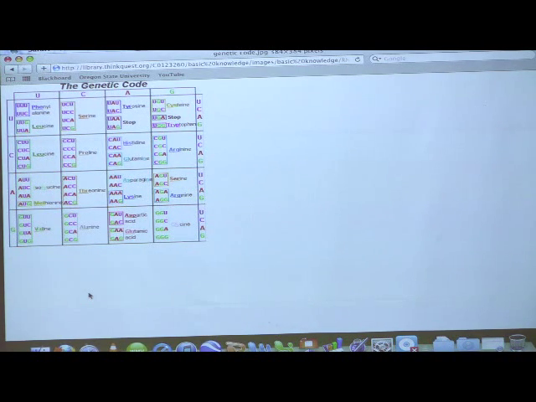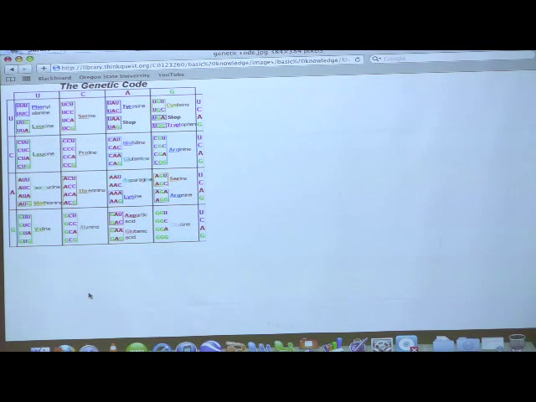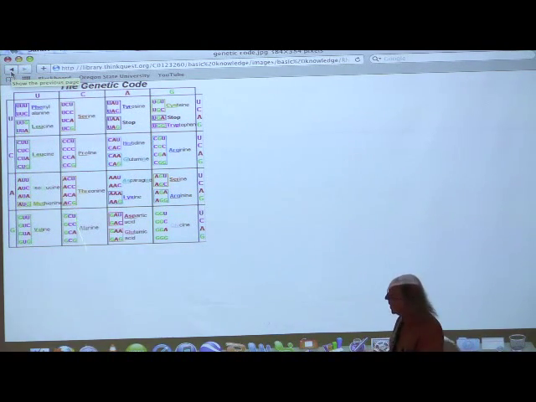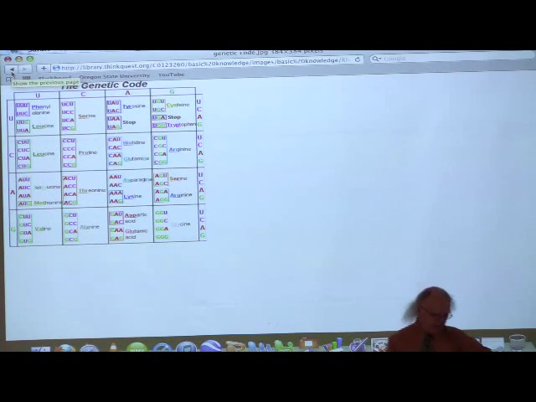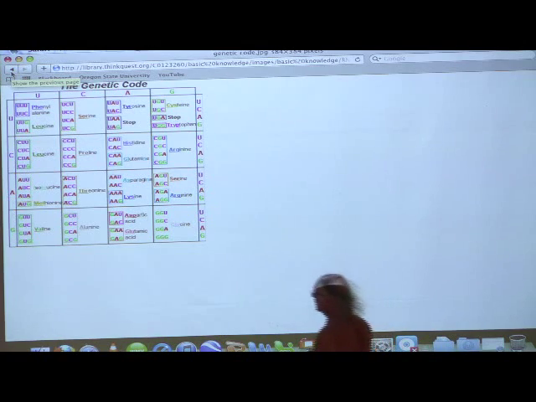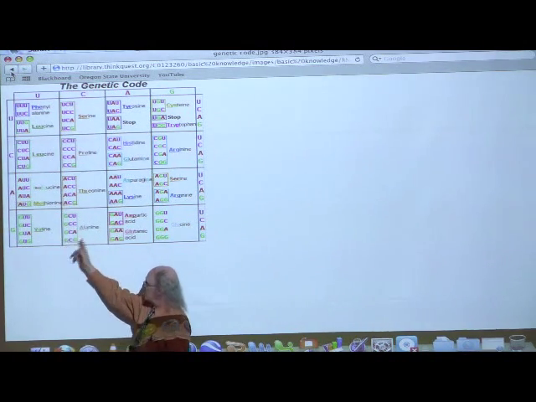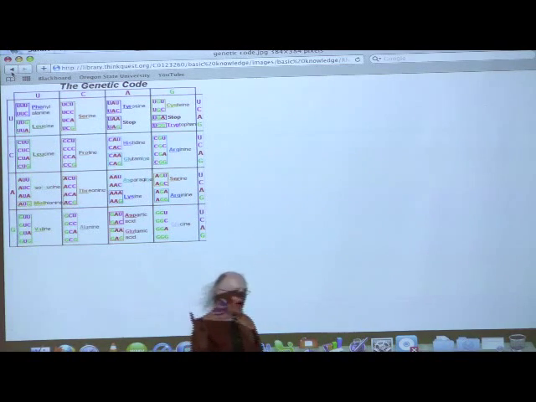Does that make sense? Okay. So that genetic code is essential for us to make what we want. Now, one of the things I want to point out about the genetic code is if we look at these, a lot of these have common groupings, and these common groupings are interesting. Here's alanine. Alanine looks like GCU, GCC, GCA, GCG. You see a pattern there.